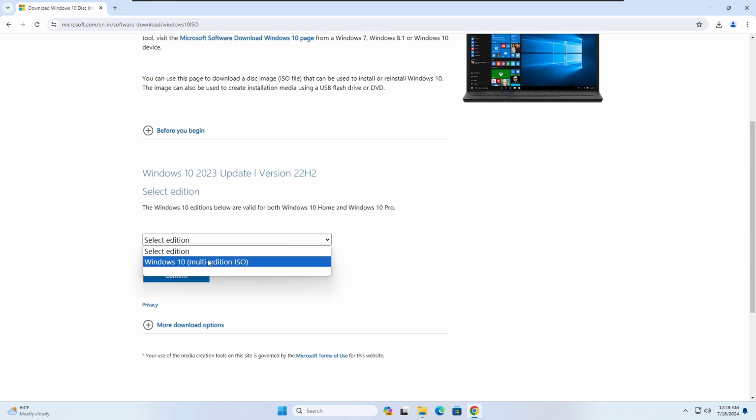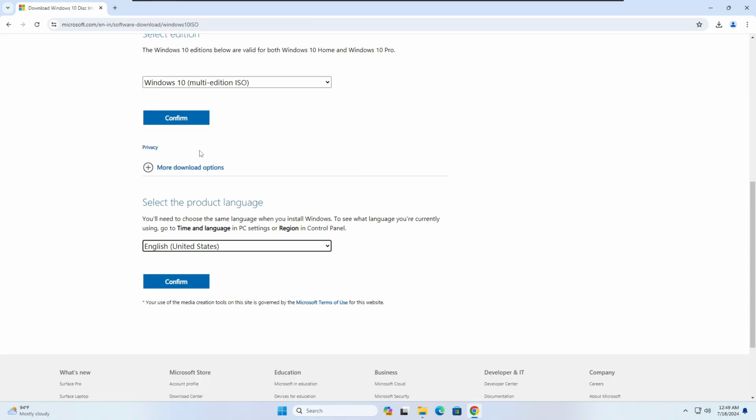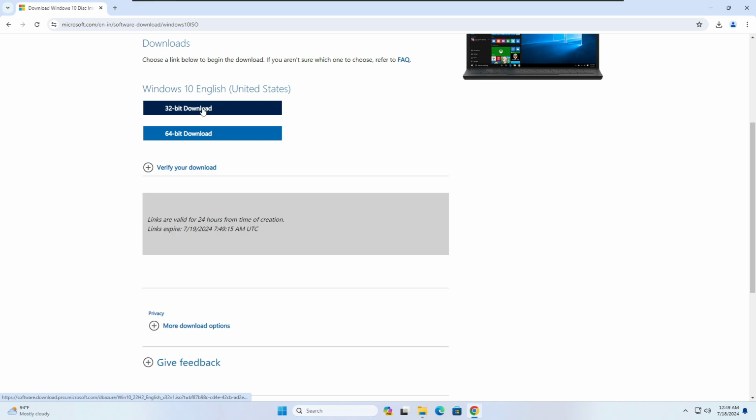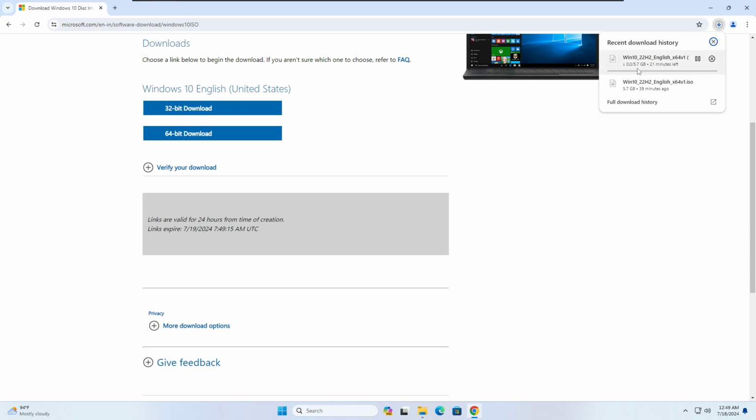So click on the drop down, choose Windows 10 Multi Edition, click on confirm, choose the product language, click on confirm, and then you can download for the 32-bit or 64-bit. I will go with the 64-bit, so I will click on it and the downloading will be started, and it's around 5.7 GB, so you will have to wait until the downloading is completed. Now I have already downloaded it,